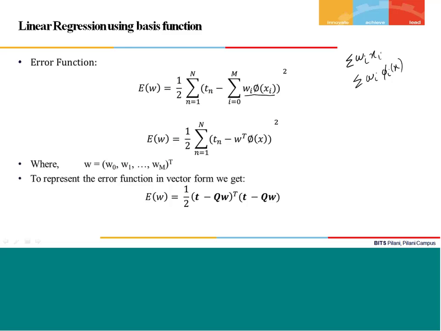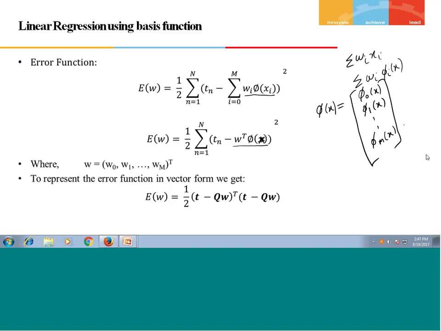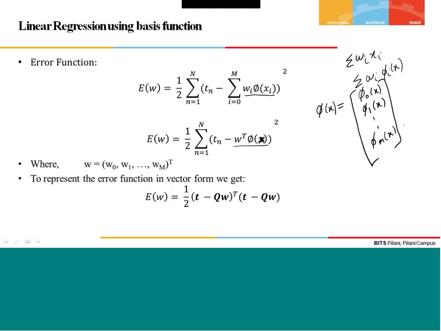In vector notation, this is phi x. So what is this phi x? This phi x is a vector. How can you write it? This is phi 0 x, phi 1 x, up to phi m x. So this phi x is a vector here,